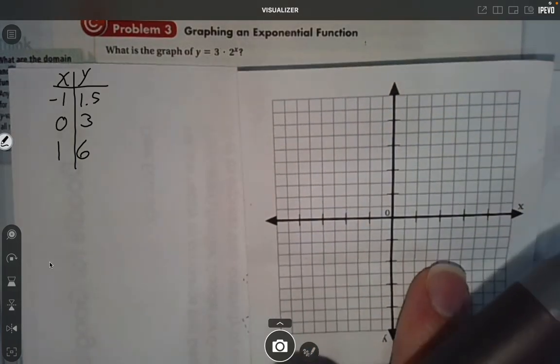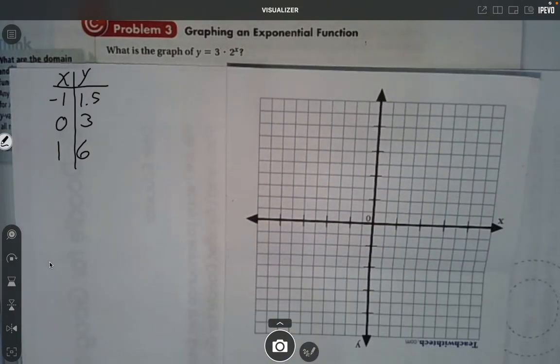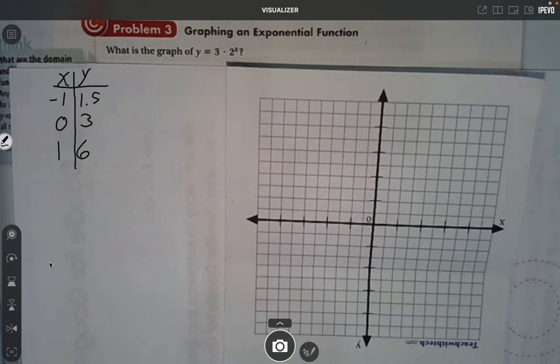Not too bad. And y'all, it doesn't matter what numbers you pick. I just suggest picking those 3, maybe starting with a negative, because those 3 are really easy and they keep the numbers small. If you pick any numbers that are much different than those, the numbers get really big really fast, because it's exponential. So if I went -1 and up 1.5, 0 and up 1, 2, 3, and then over 1 and up 1, 2, 3, 4, 5, 6. It's going to look like